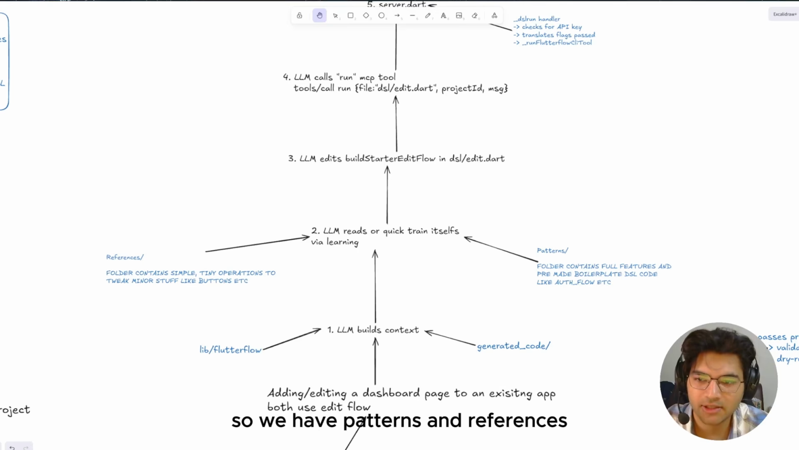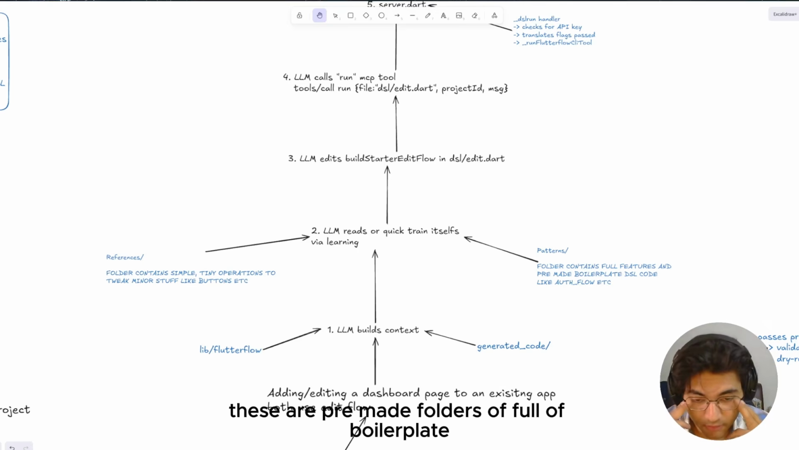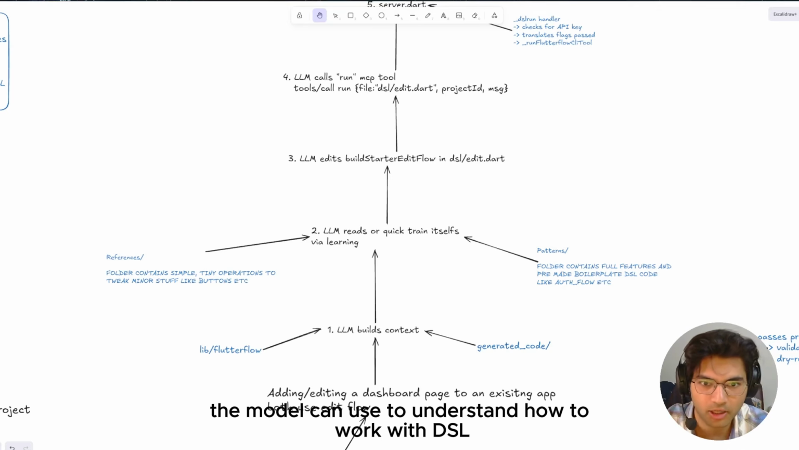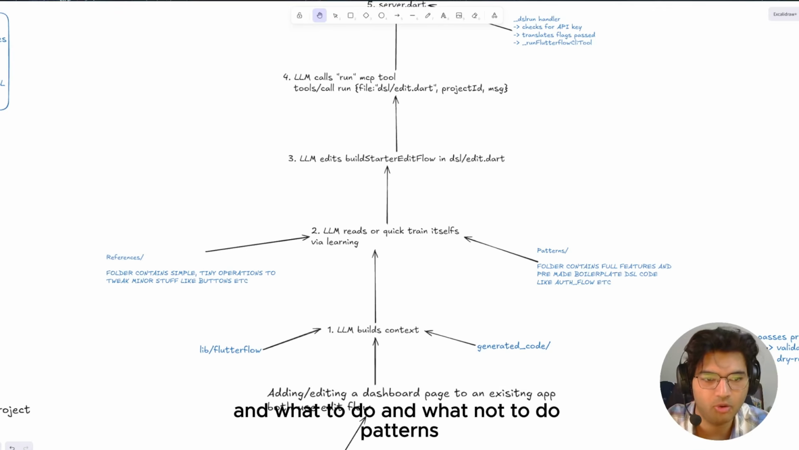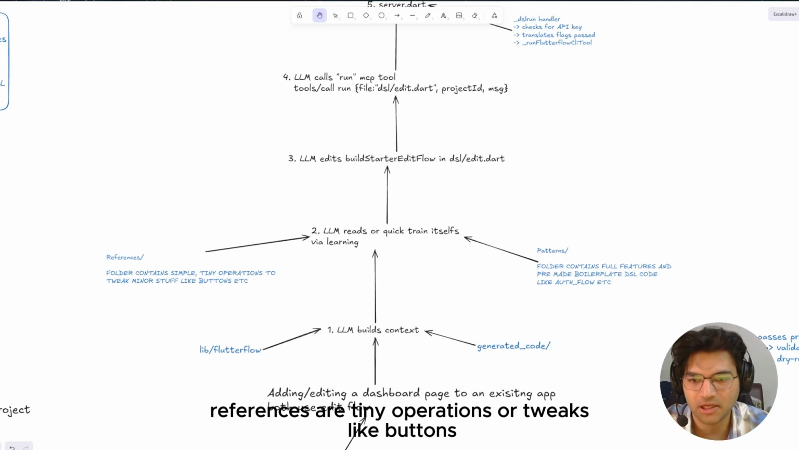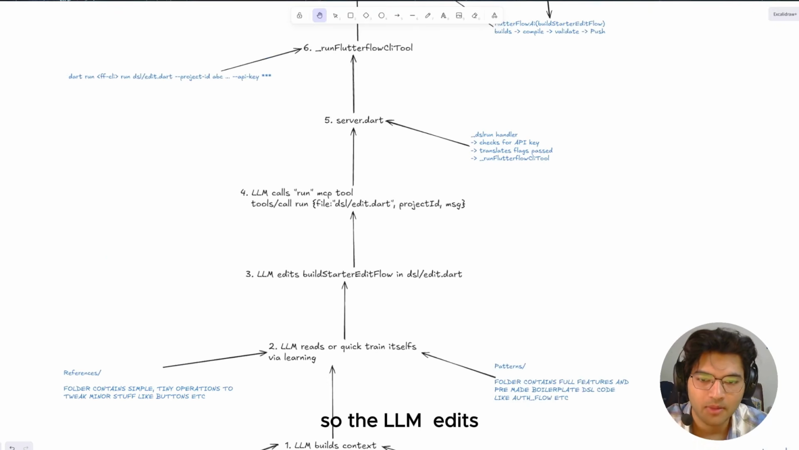So we have patterns and references. These are pre-made folders full of boilerplate code from FlutterFlow, which the model can use to understand how to work with the DSL and what to do and what not to do. Patterns, you can think of as ready-made complete features like an auth flow. References are tiny operations or tweaks like buttons. So the LLM